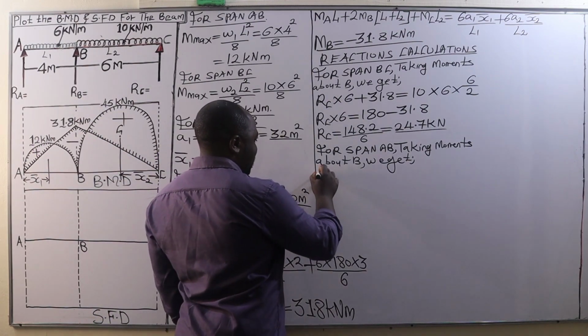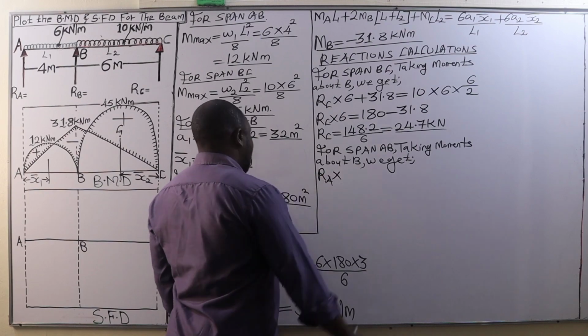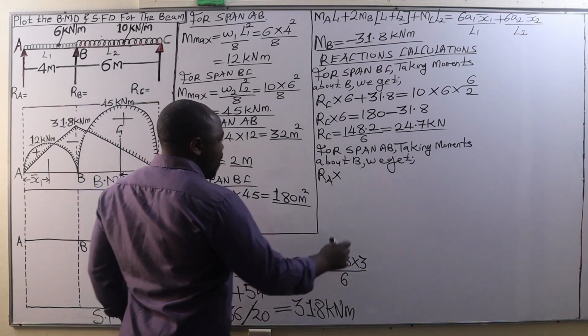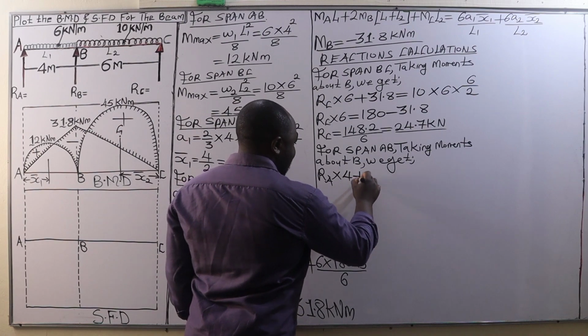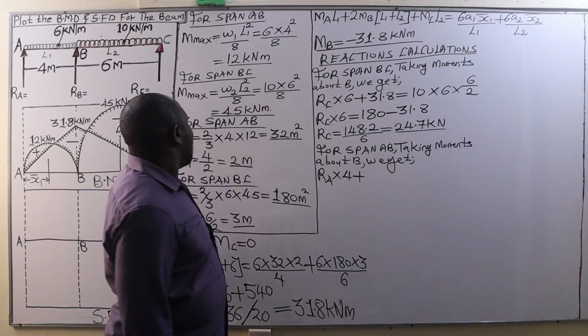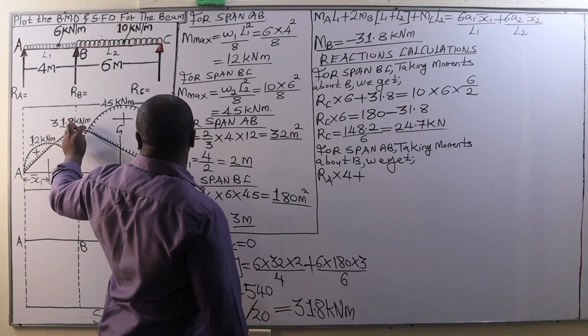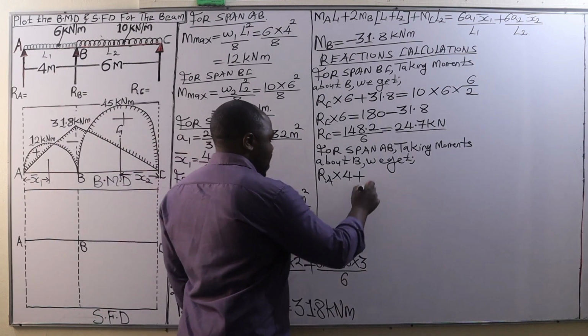So we have RA times the distance from A to B, which is 4 meters, plus another clockwise moment of 31.8 kilonewton meter at B. So we add